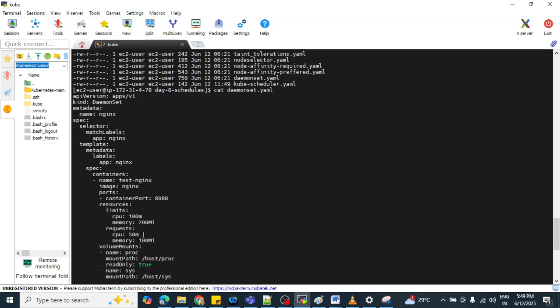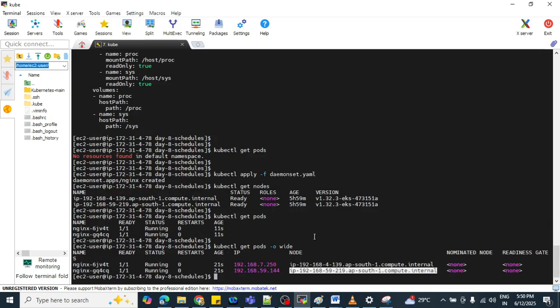No replica set is defined, right? But it is running on both nodes. I think it is clear what a daemon set is. Let me try to delete it.